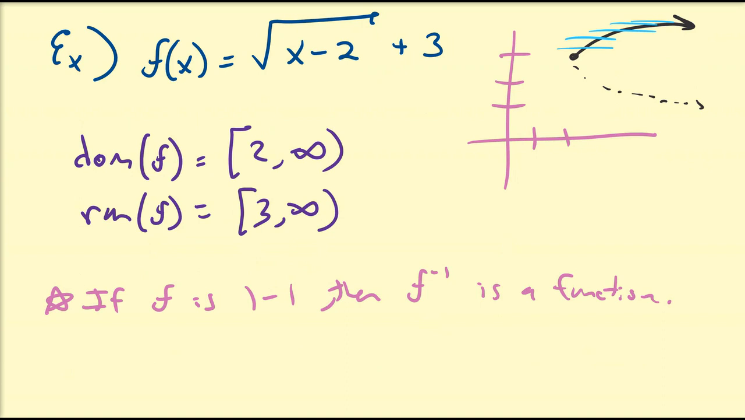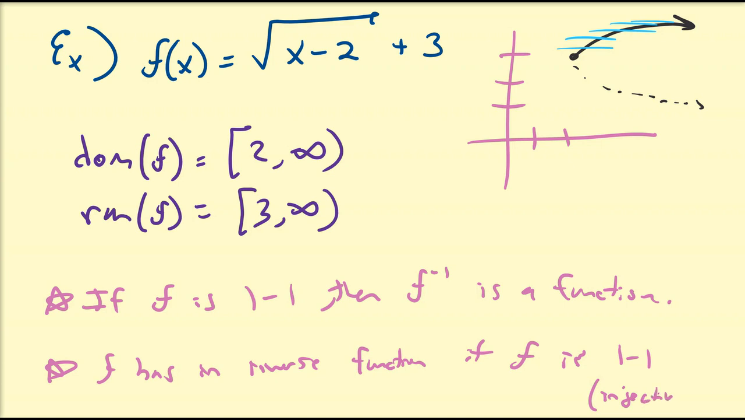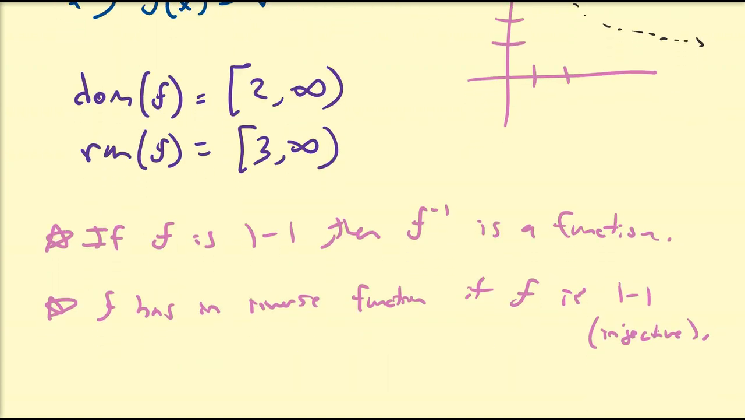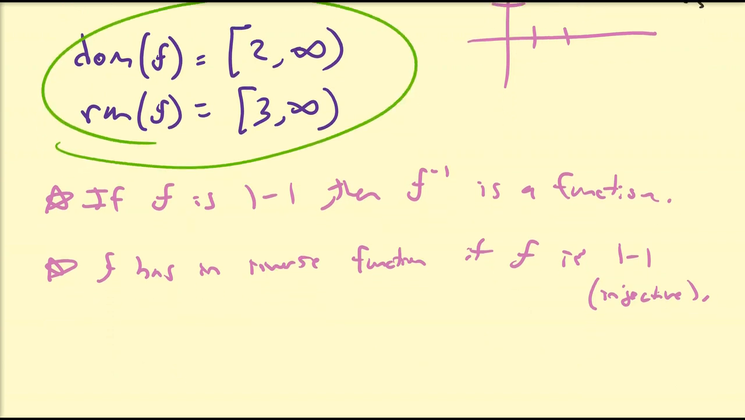So one can at least claim as a theorem that f has an inverse function if f is 1 to 1. Some people also call this injective. So if f is injective, then f has an inverse function, right? That's useful. All right, so if that is true, clearly this function is 1 to 1, so it does have an inverse, so f inverse exists,